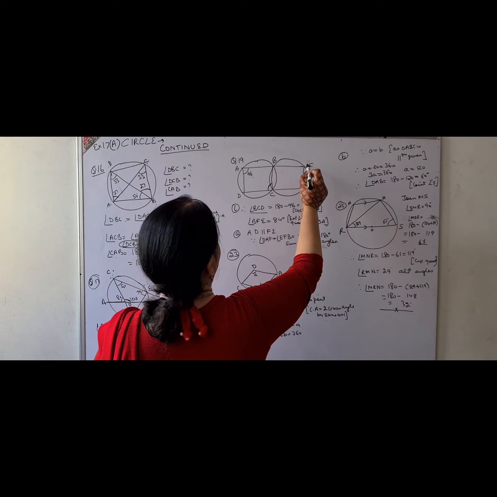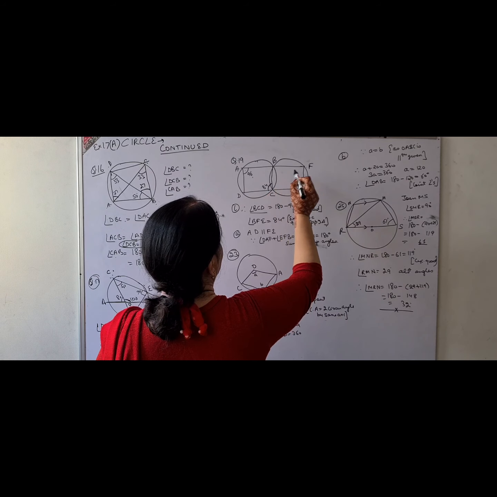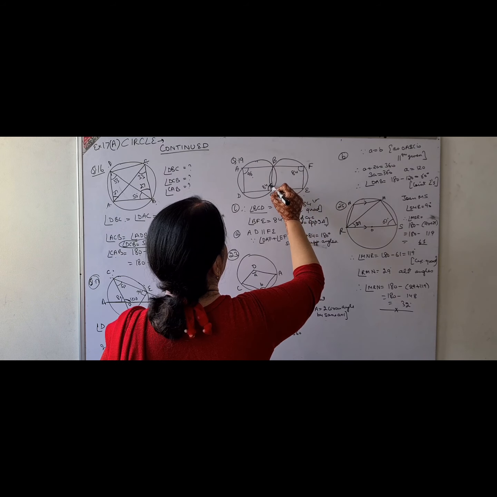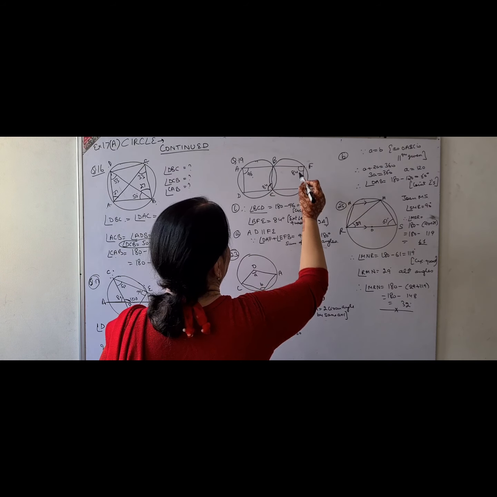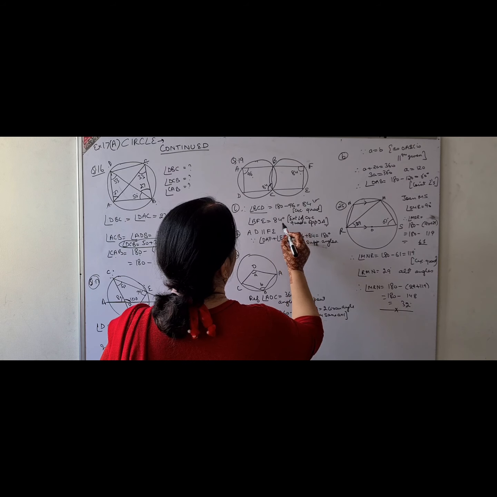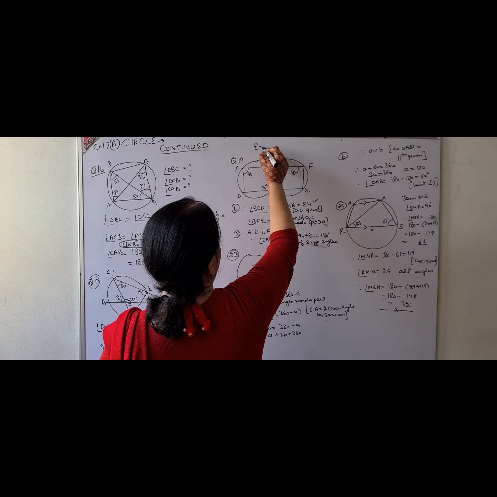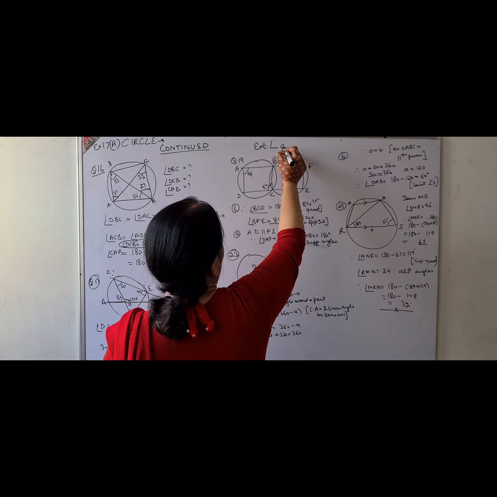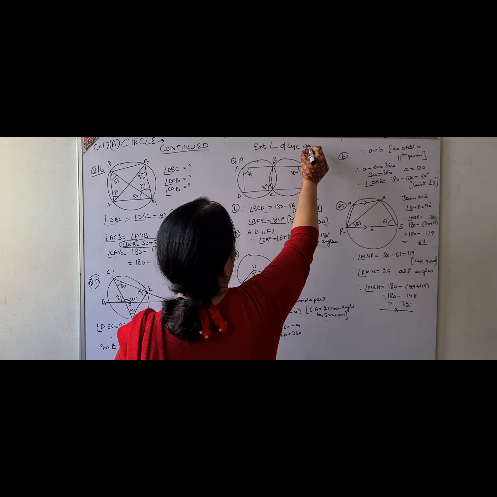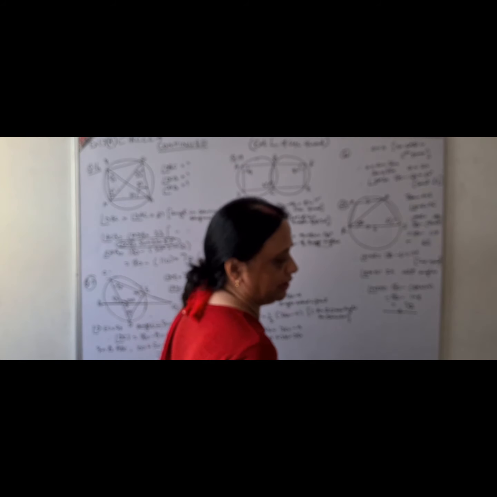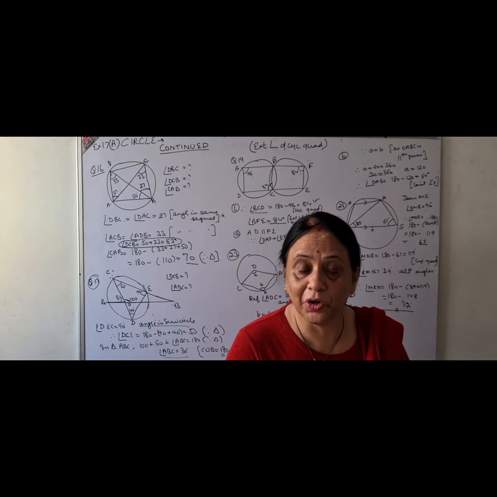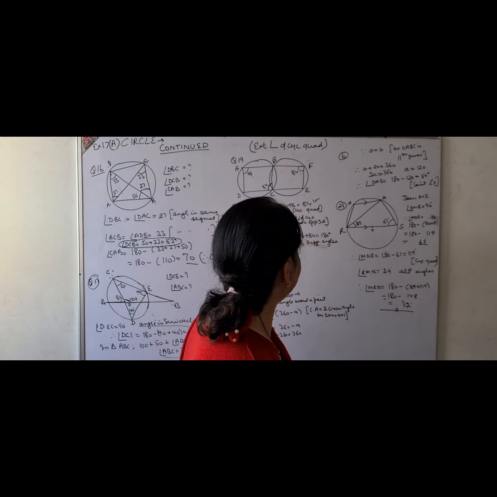Again, BFE will be equal to 84 because the exterior angle of a cyclic quadrilateral, meaning BCFE, is equal to the interior opposite angle of the same quadrilateral. So this is 84, exterior angle of cyclic quadrilateral. See, I am writing like this, exterior angle of cyclic quadrilateral. This is the way you are going to mention the results, not very lengthy also, but you could prove your point also. Be very careful.